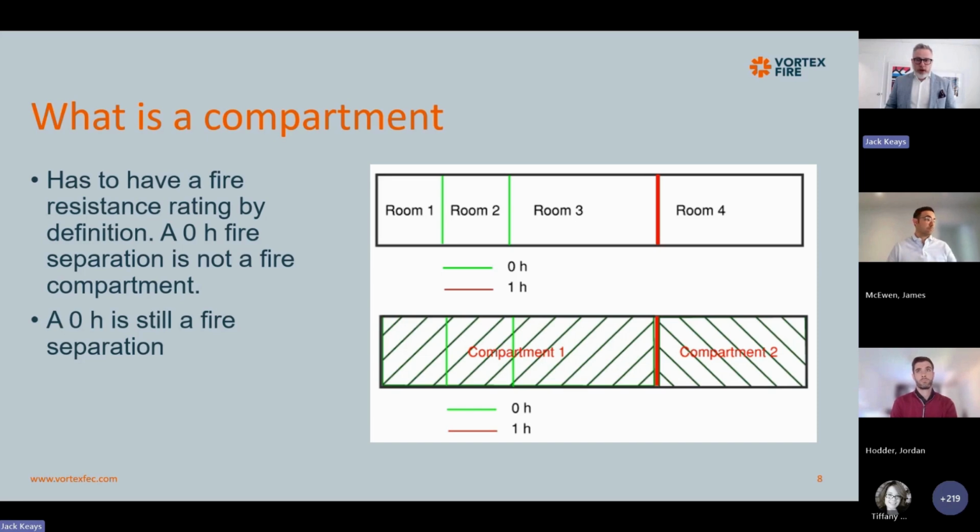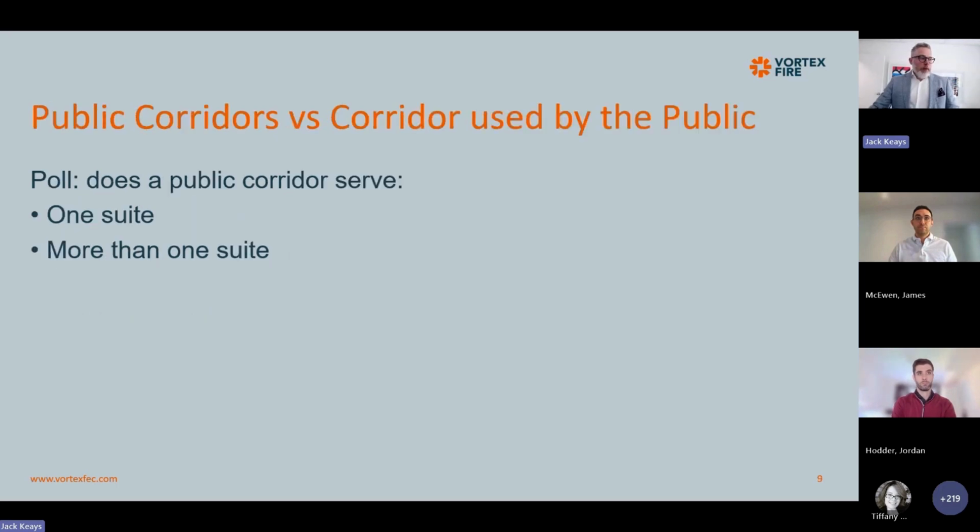It could potentially be fire and smoke, but it would trigger that it is a different compartment, and that became a very fundamental change. And it's what allowed us to tidy up and tighten up the interpretation of these. And I'm sure many building officials were pretty happy when this got addressed. So we're going to talk about a few case scenarios. I'm trying to set the stage here for James and Jordan to actually go into some implementation with some basic code